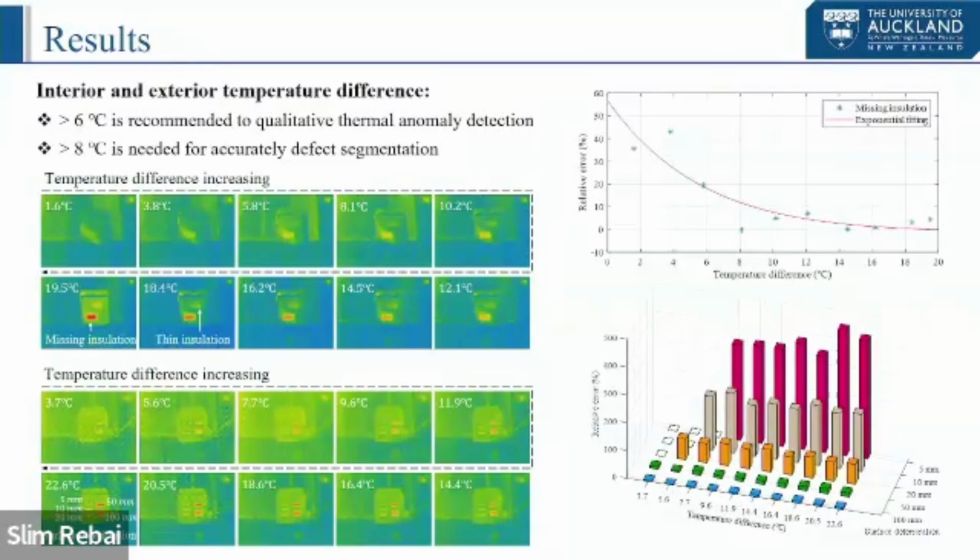We can see that as the dimension of the surface deterioration decreases, the relative error increases significantly. Particularly for the surface deterioration with a width of 5 millimeters, it is almost impossible to accurately measure its dimension. The relative error is over